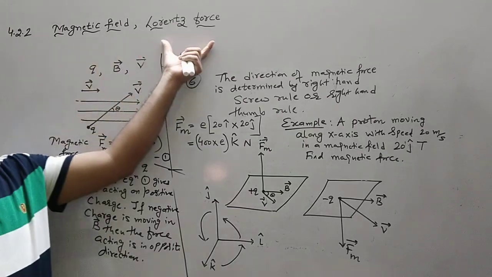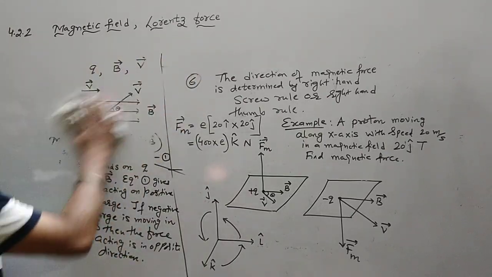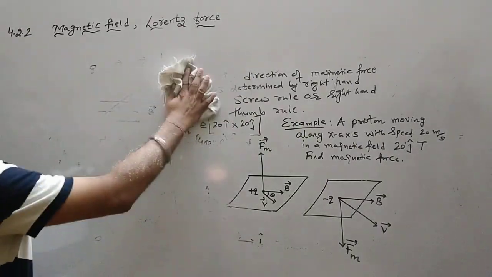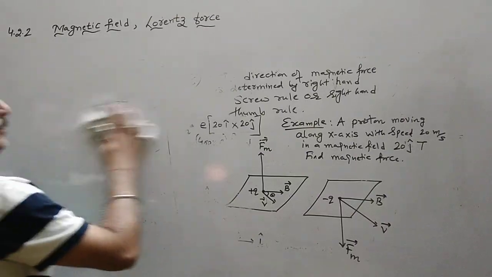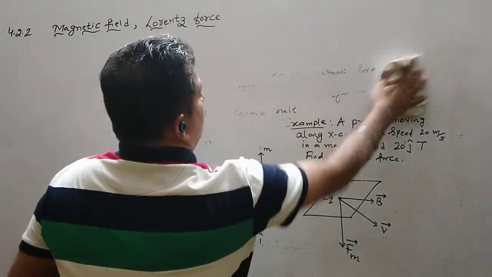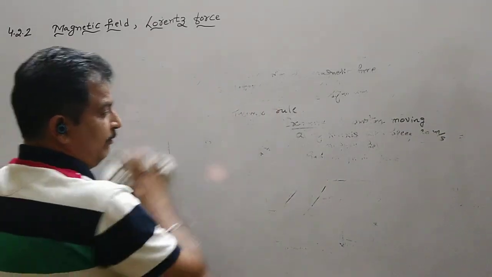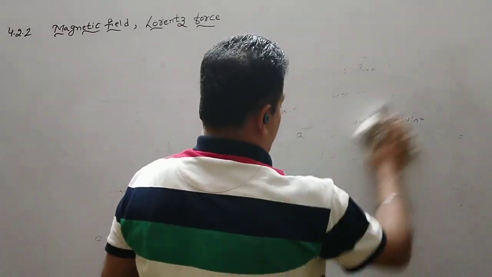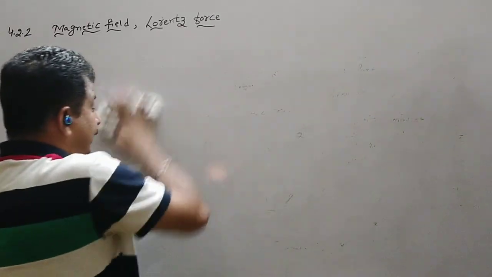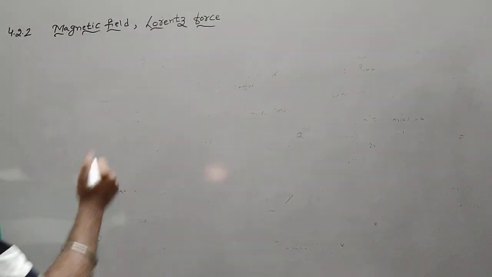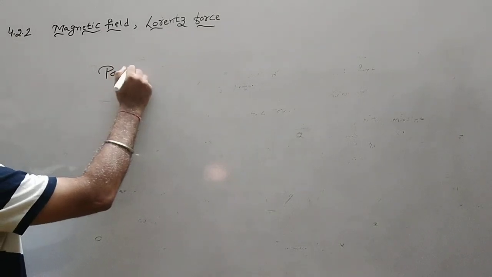Now let us talk about the Lorentz force. The Lorentz force is simple. Again, a scientist Lorentz gave this formula. According to him, if a charged particle is moving in an electric as well as magnetic field, both the fields are present, and the resultant force acting on it is given by, so let us consider a point charge,